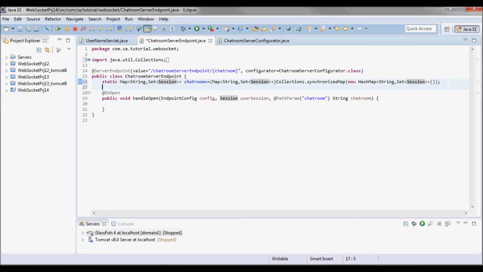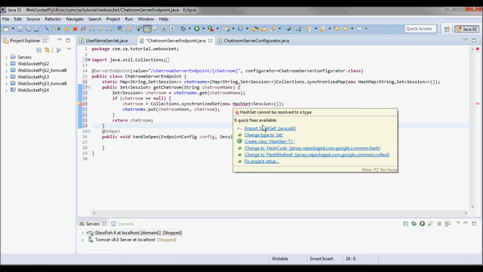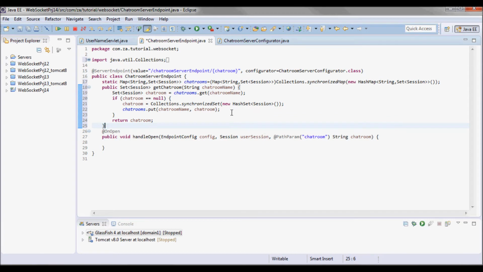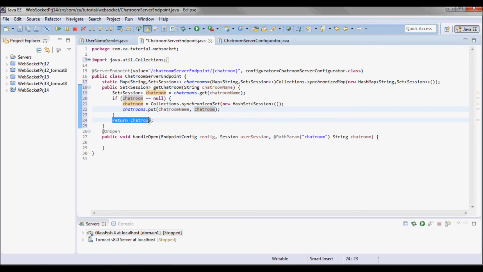And I will have a getChatRoom method that returns a set of sessions representing various users associated with a chat room. So initially I'll try to get the chat room from this map. So chatrooms.get, and pass it the chat room name, and if that chat room is null, I'll go ahead and create a new one and put it in the map, and then return it.